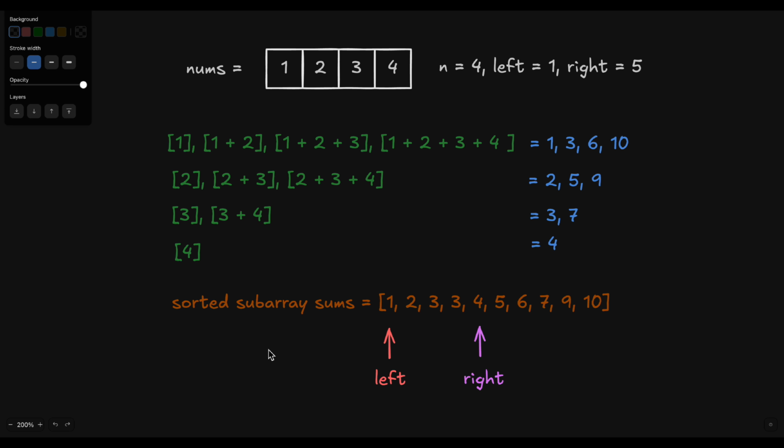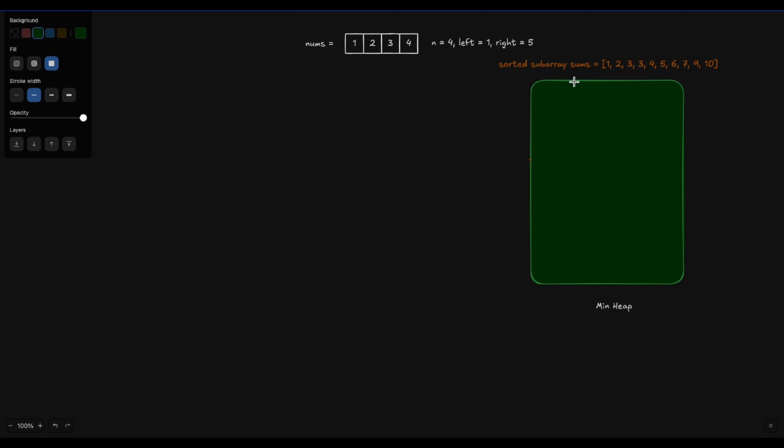So can we actually use some approach where we can get the values just up to the right pointer, or just between the left and right pointer? And the answer is yes. Actually, we can use a min heap for that, similar to what we do in the nth ugly number problem, if you know that problem. So we don't have to compute this whole sorted subarray sum, but let's keep it here